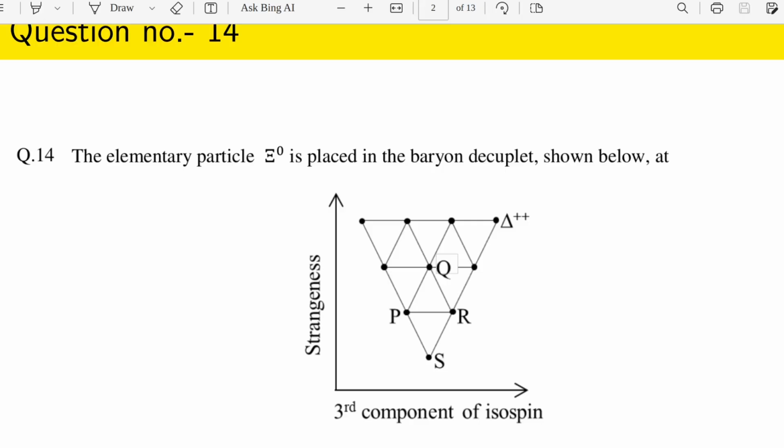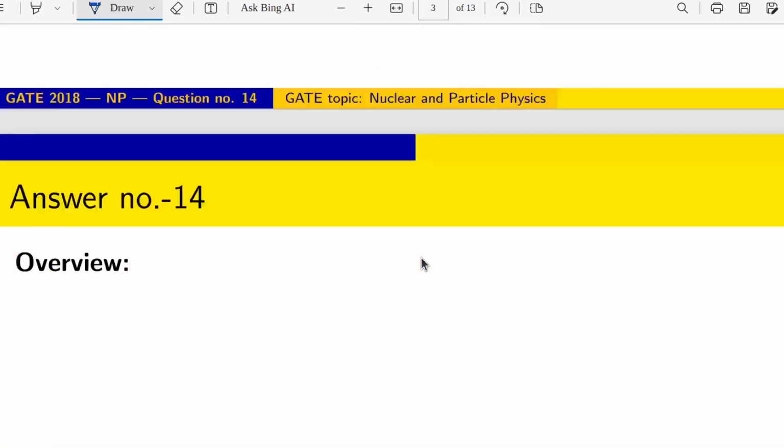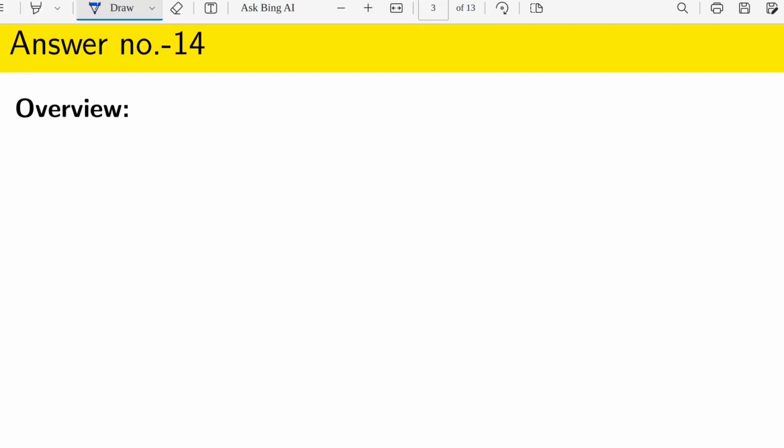And in that plot it has already been mentioned what Delta plus plus is. Delta plus plus is given at the right topmost of that plot. And the plot is between strangeness and the third component of isospin. So to answer the question, we have to know at first two things: what is strangeness